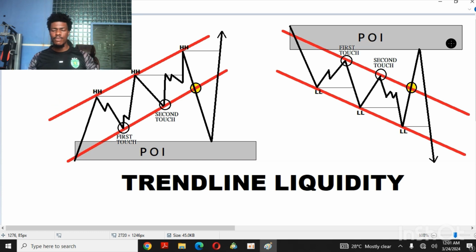Before I say what I want to say about the trendline liquidity, because this video I'm going to be talking about the trendline liquidity, it's very short. I said we're going to be learning about 5 major things in the VIX strategy. Just keep these 5 things in your head. The rest of the things you want to learn about the market, let it just be complementary. Not that they're not important, every other thing is important depending on the strategy you're using, but for the VIX strategy, I just made these 5 major things to be the core pillars of the strategy, which is